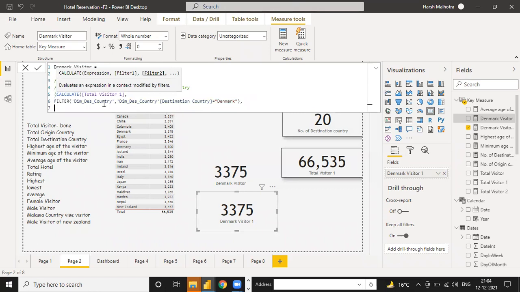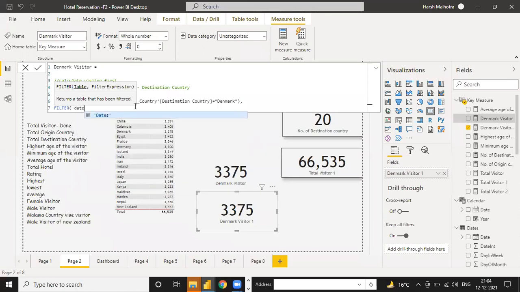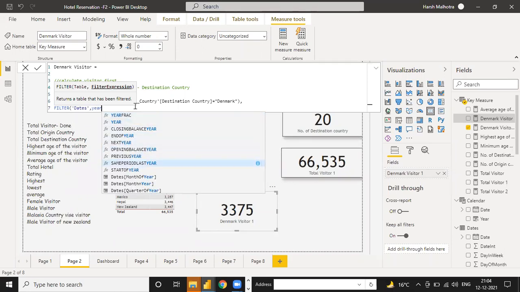like right now it is only filtered country-wise, and if you need to filter one more, you can add one more filter. Here, if I want to use the dates table, only the dates table filter, and under dates I want to use year. So here is dates year, which is the column.